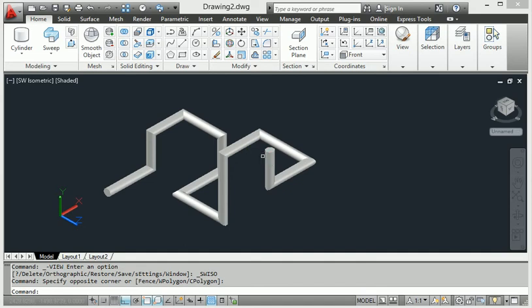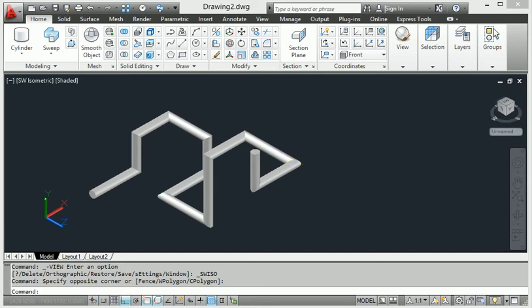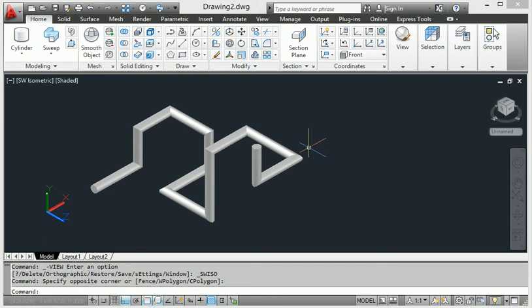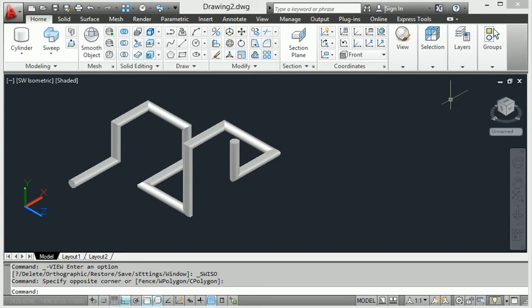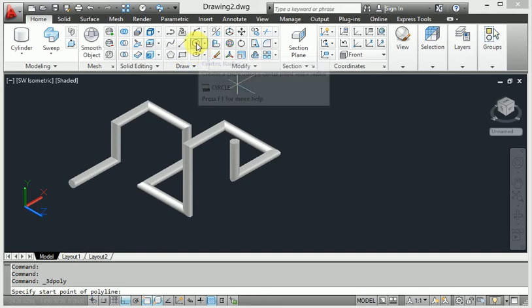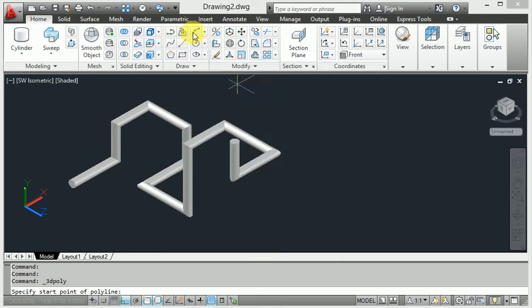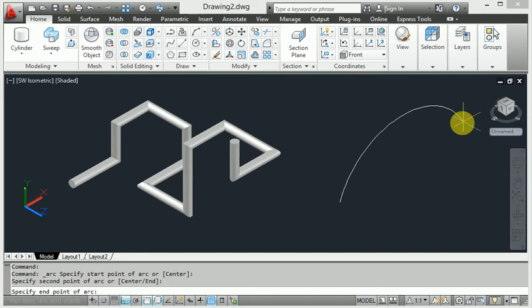When generally making pipe connections and other coil designs, the sweep command is very usual and useful. Now I am showing another sketch that we create here, making any spline like this, an arc and a spline. I am choosing an arc here.